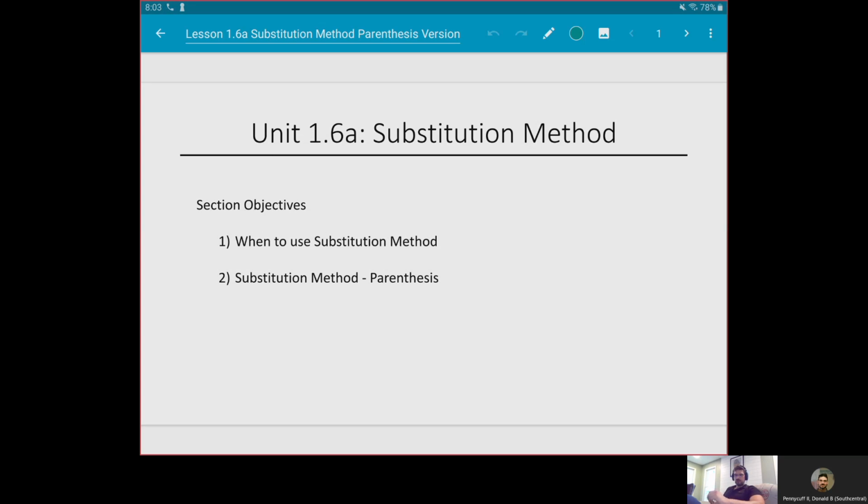So we are breaking this lesson into 3 smaller lessons. I'm going to record it all at once and just hit the stop button when I get to the right spot and break it into 3 pieces. And all your homework will be broken into 3 pieces. But this is the most important thing to get out of the entire semester. Okay, so this is a big deal. So substitution method,